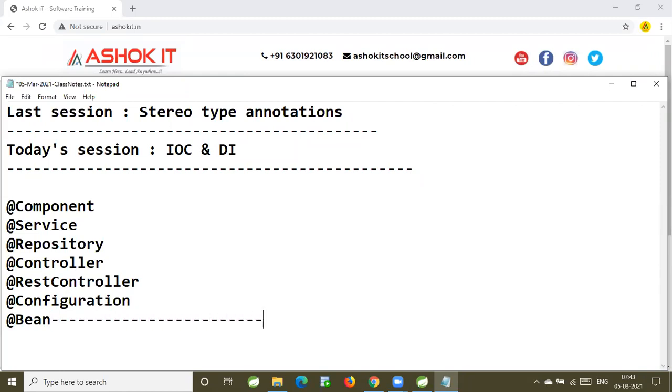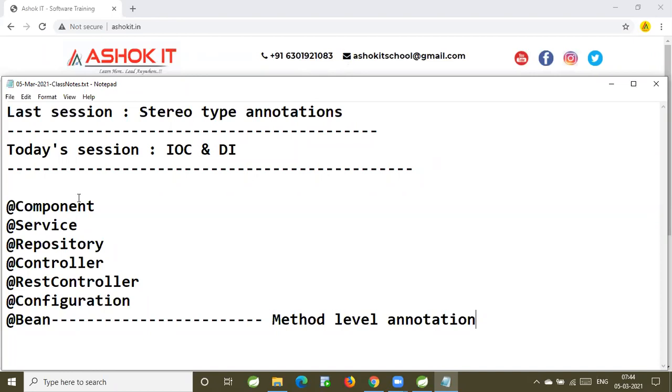Out of all these, @Bean is a method level annotation.